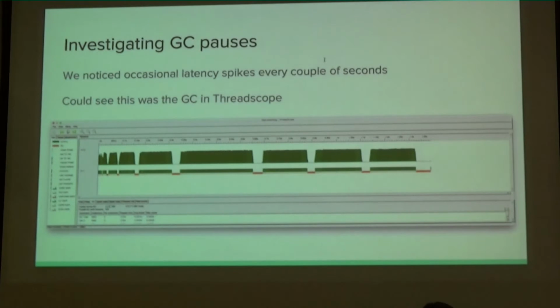We quickly found that we had a distributed benchmarker which simulated a real world run of the system. We saw these occasional latency spikes in the latency graph, and we opened ThreadScope up, and I don't know how many people are familiar with ThreadScope, but